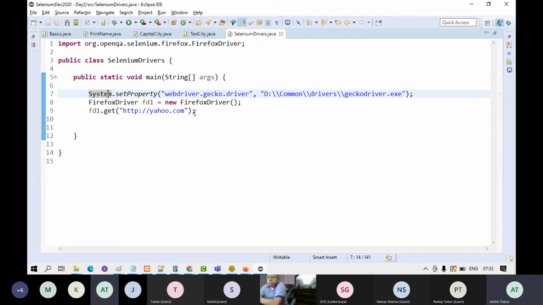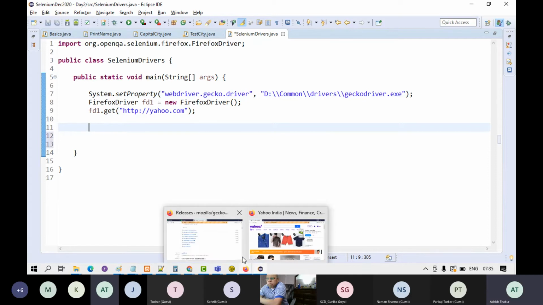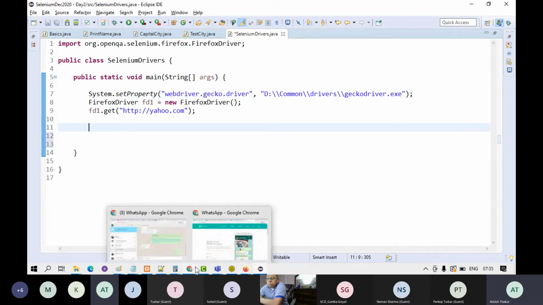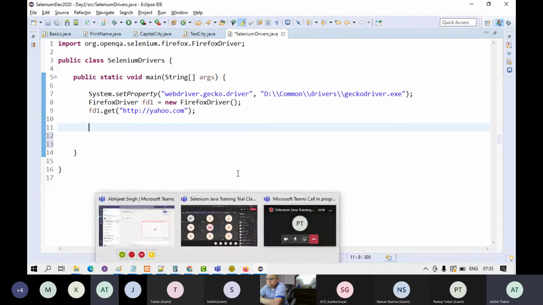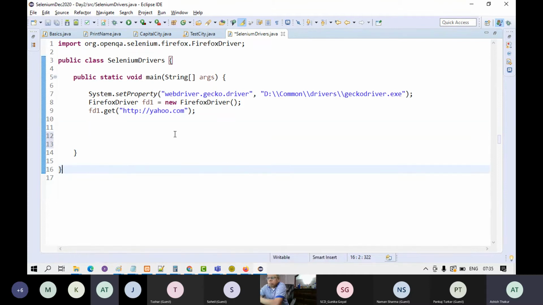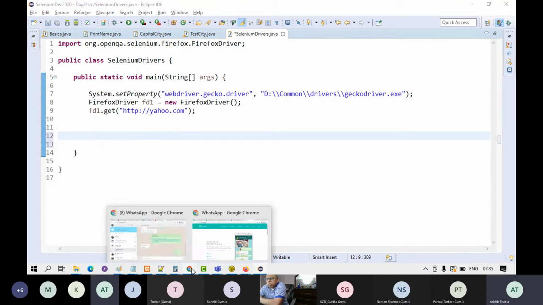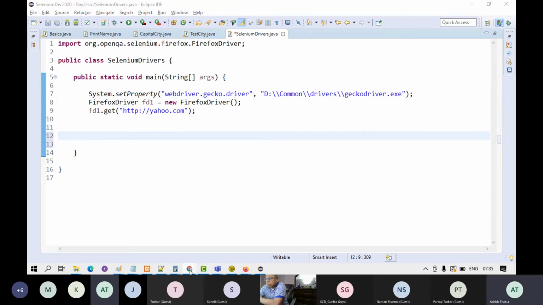Now similarly, you have Chrome driver. To work with Chrome driver, the first thing is that you have to check the version of the Chrome which is there in your machine. For example, hold on,